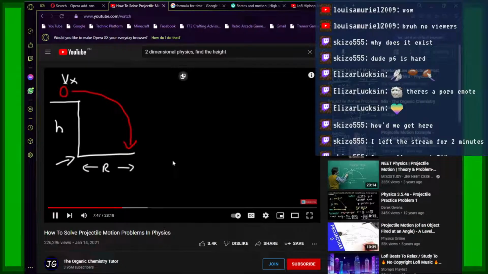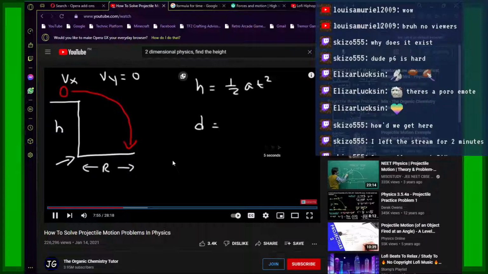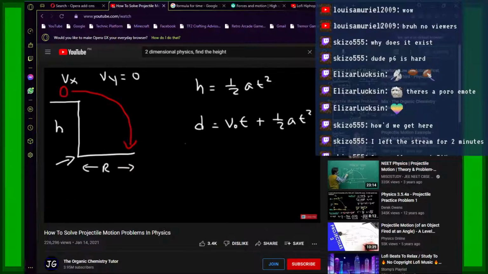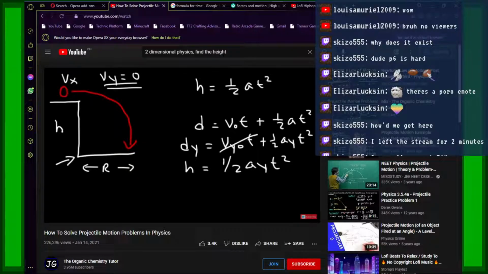At the top, whenever it's moving horizontally, you can use this equation, the vertical displacement. Everything in this equation has to be in the y direction. So we need to use dy, vertical displacement, Vy initial times t plus 1/2 ay t squared. Now, dy is basically the height. At the top, Vy is 0, so this term disappears, and so you get this equation. So make sure you know this equation: h equals 1/2 a t squared. It's very useful for this type of trajectory.